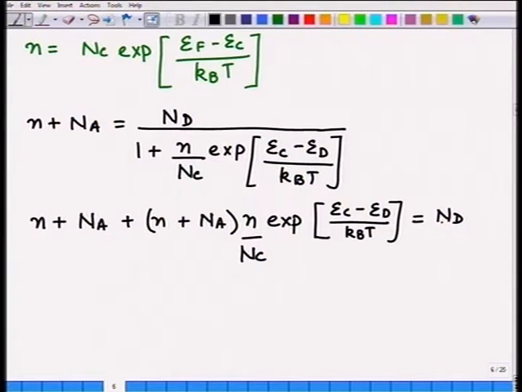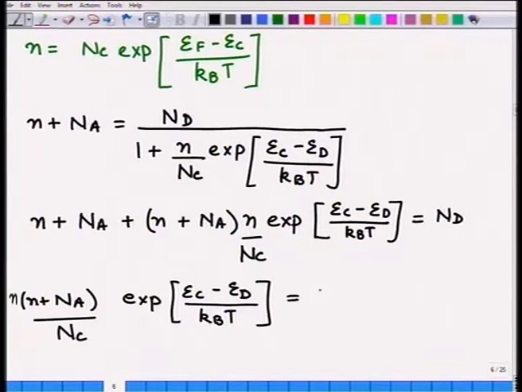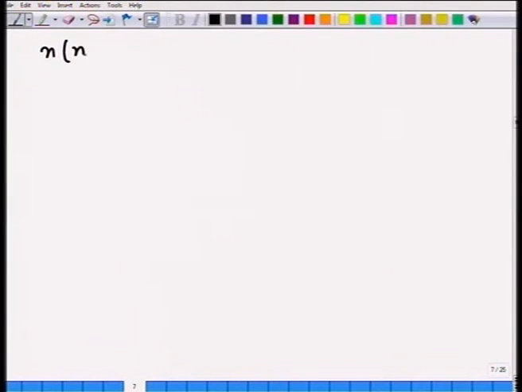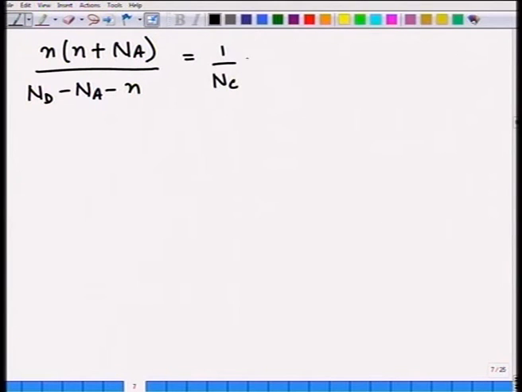Hence I will write this as (N plus N_a) times N e to power (E_c minus E_d) by k_B T divided by N_c as N_d minus N_a minus N, and therefore my final expression will be (N plus N_a) divided by (N_d minus N_a minus N) as equal to 1 by N_c e to power